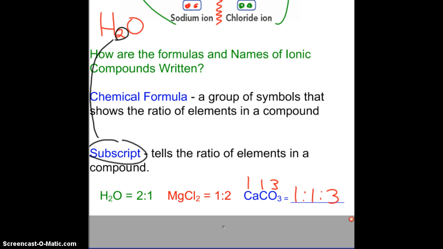So the ratio doesn't have to be just 2 numbers. It can be many numbers. And just so you know, like I said earlier, water, H2O, is not an ionic compound. Magnesium chloride